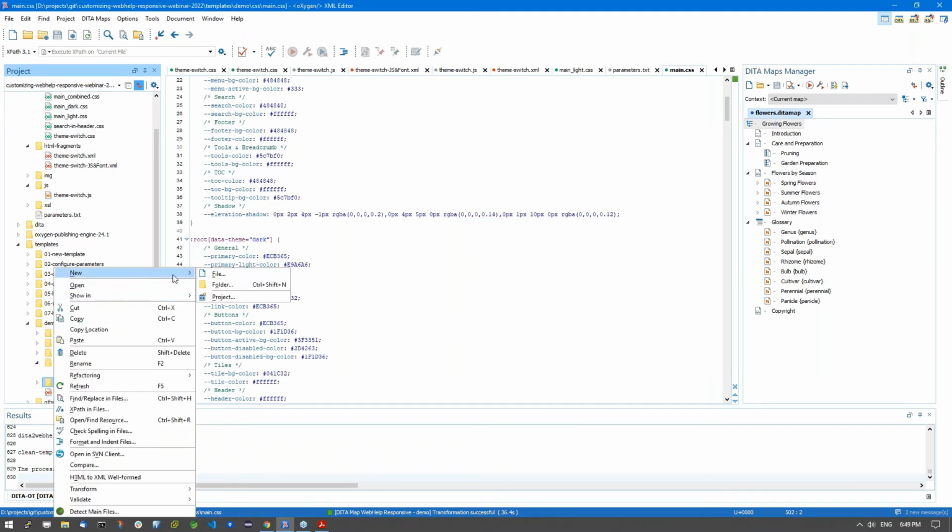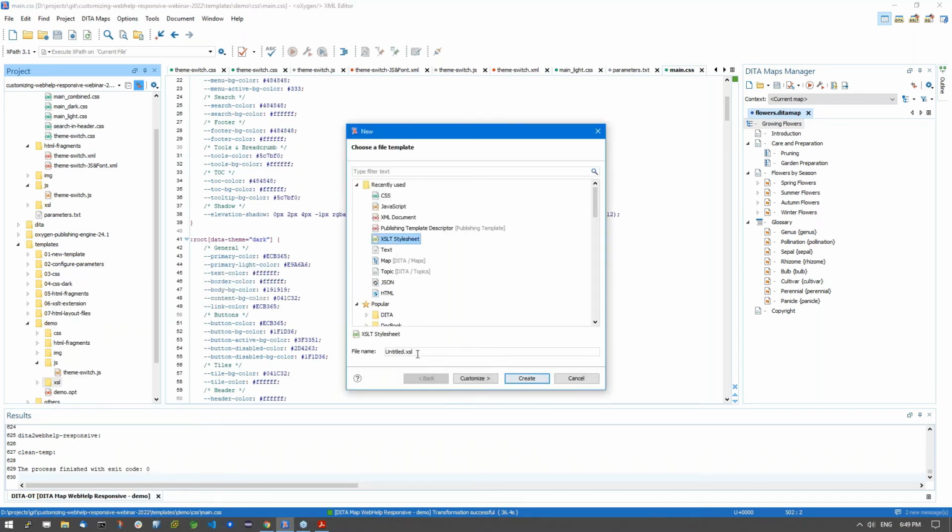Here I will create a new XSLT file which will be used to override the search input implementation. So let's name it